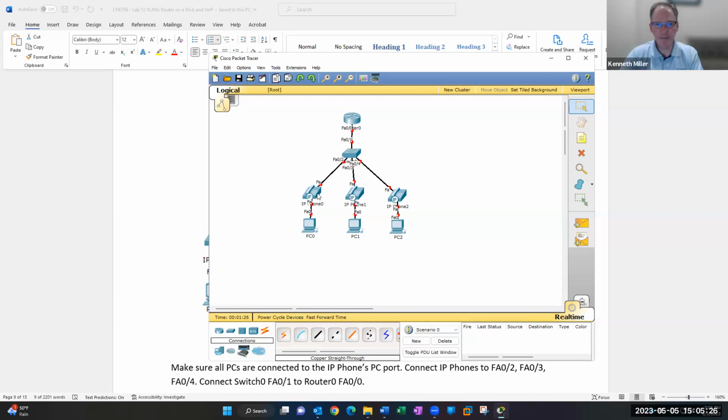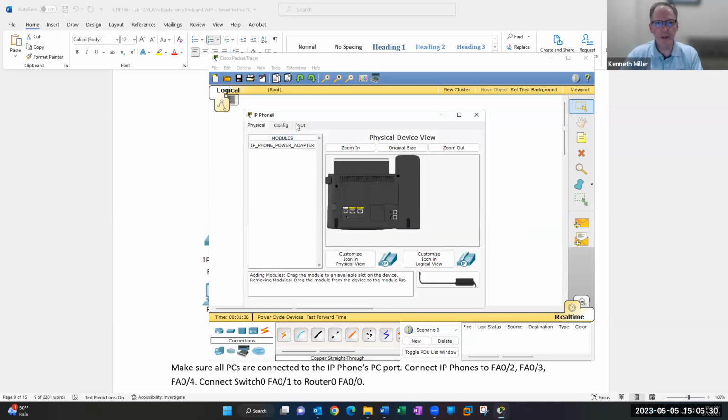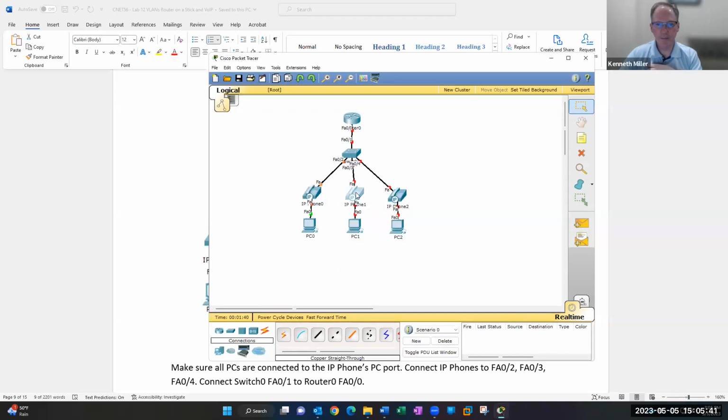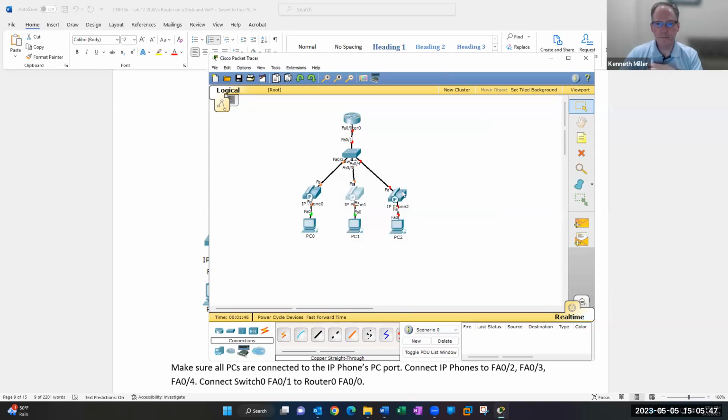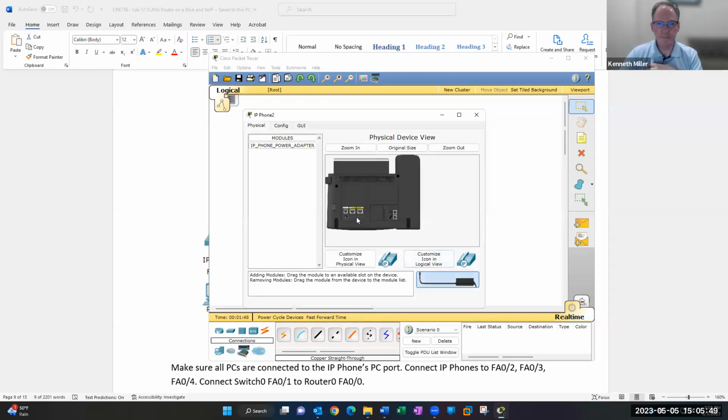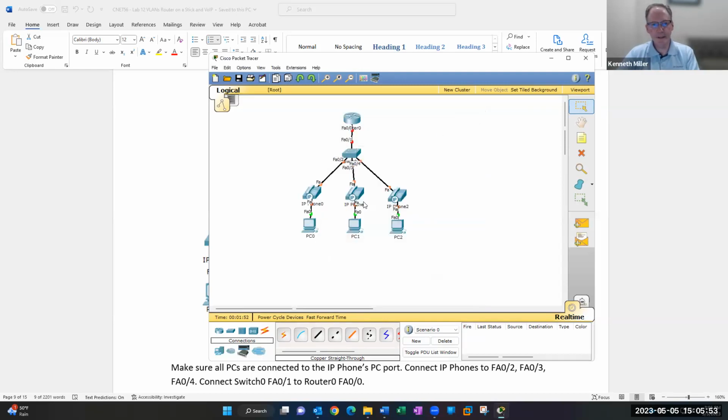So if I click on this phone and then click on physical, you'll notice the power connectors here. And if I drag that up to there, that will power on that phone. So I need to do that with all of these. All right. And then the next thing I want to do is if I just mouse over these,